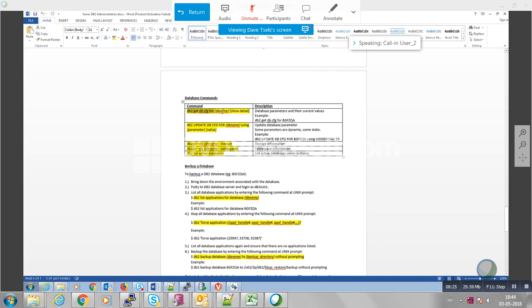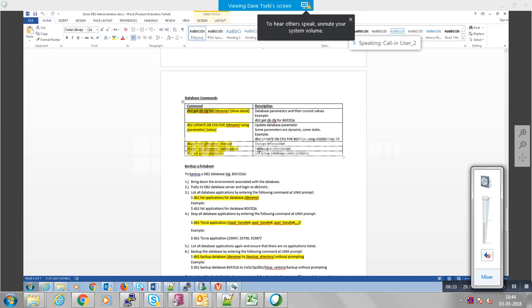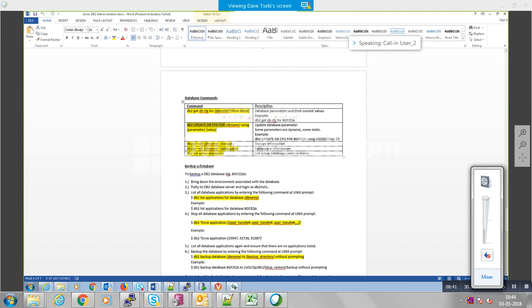If you want to update a parameter, you would use this db2 update db cfg command. db2 update db cfg for the database name, like BGFREEZEQA, using, which is the terminology they use, and then the parameter name and the parameter value. You can see an example here